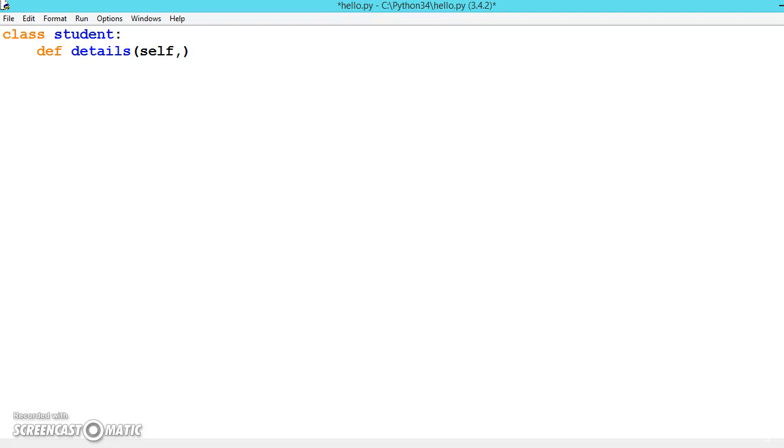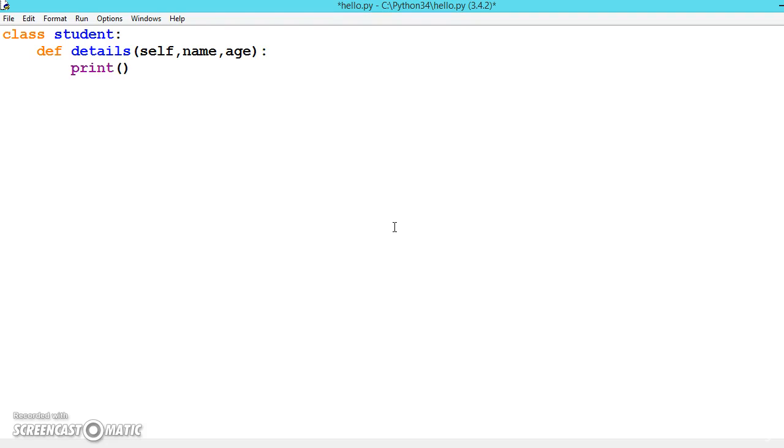Here self is nothing but, you do not have to pass any value. The system automatically passes the object itself when you create an object. You will learn self in more detail once we go a little further. Whenever an object is created, you are passing the object itself to self. So now let us create variable parameters like name and age, and we will just